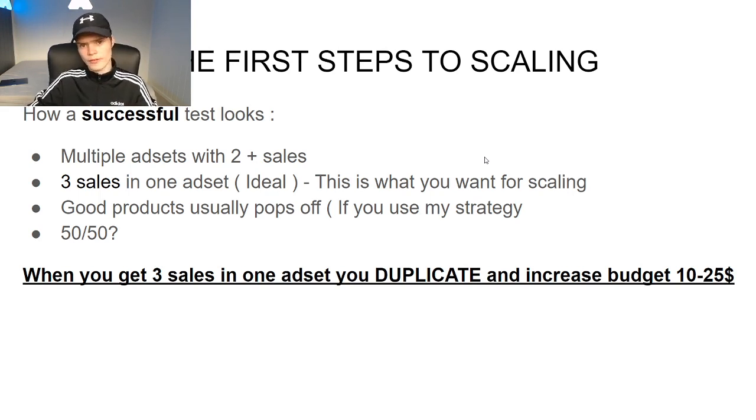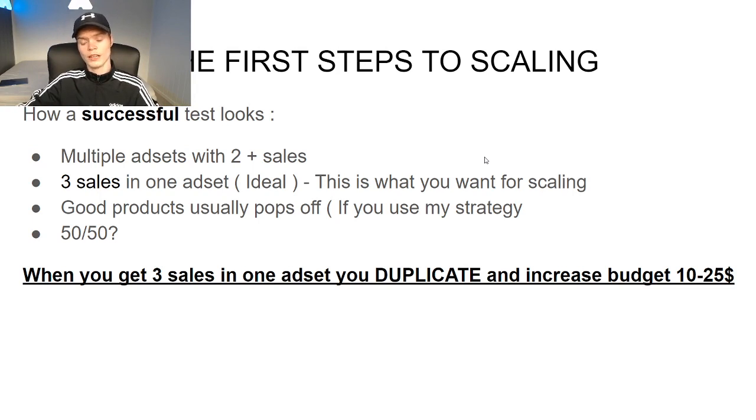1 in 3 or 1 in 5 is a winner, which means you make your money back pretty quick. But anyways though, we're not trying to force anything to work, getting like 1 sale or 2 sales. No, either it just pops off or it flops. That's the best way of doing it, because when it pops off, it's always the profitable winner, right? But the ideal thing to get when you're testing a product is 3 sales in an ad set,